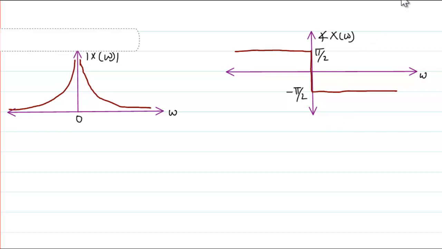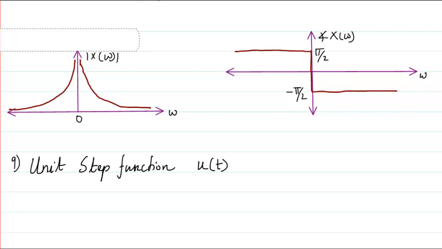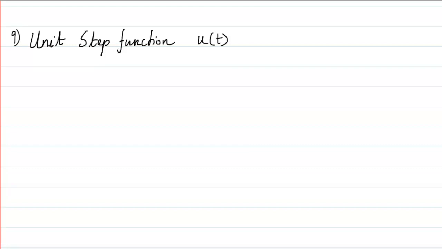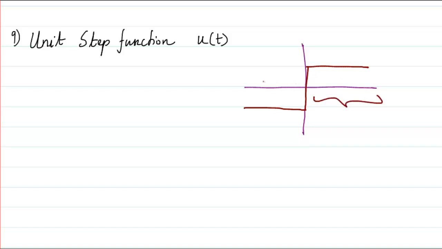Next, let us look at the case of a unit step function. Now for the unit step function, we use a particular trick. The trick is basically, suppose I am going to just draw a Signum function. Okay, let me draw the Signum function. We all know that the Signum function is basically drawn like this, correct? Now the unit step function basically talks only of this part, whereas this part is always going to be